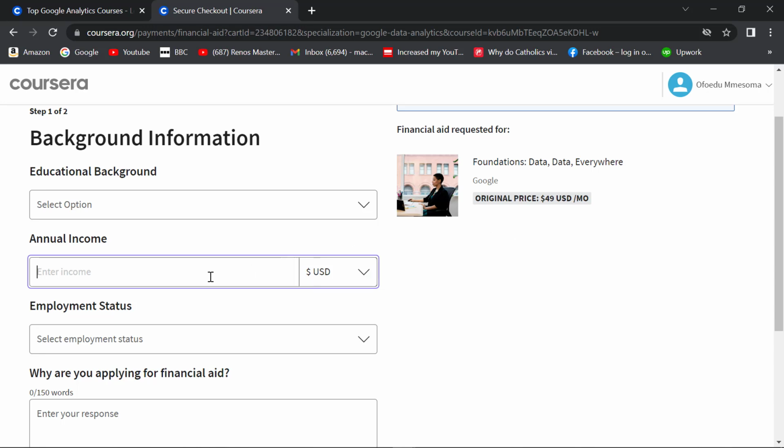So you want to go as low as possible just to make them understand that truly you cannot afford this course. So let's say, for instance, you earn per month an equivalent of $50. Okay, if you earn an equivalent of $50 per month, that means that in a year, which is annually, you will be earning